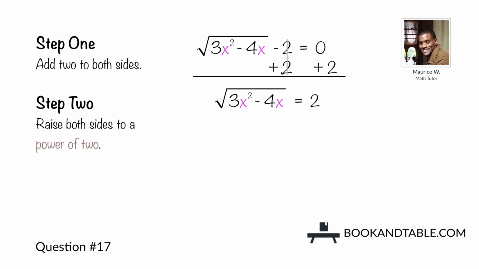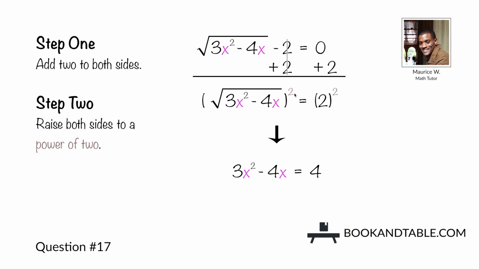Step 1, add 2 to both sides, giving you the square root of 3x squared minus 4x is equal to 2. So we have successfully isolated our radical on the left side. And now we can eliminate the radical by step 2, raising both sides to a power of 2, leaving you with 3x squared minus 4x on the left side, and 2 squared, which is equal to 4 on the right side. We now want to subtract 4 from both sides to move this to this side,